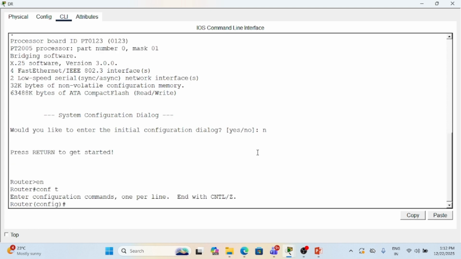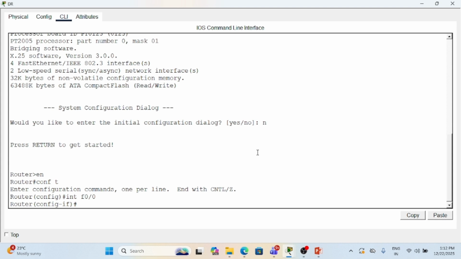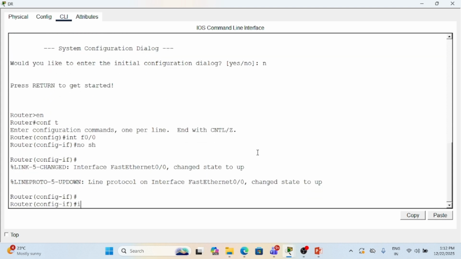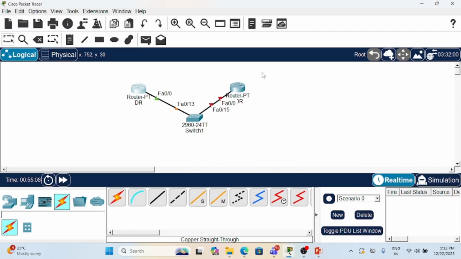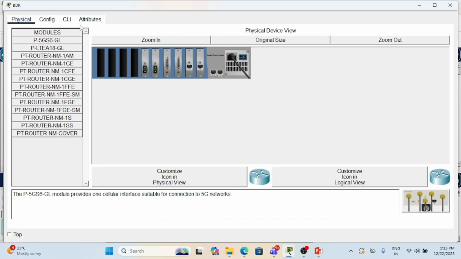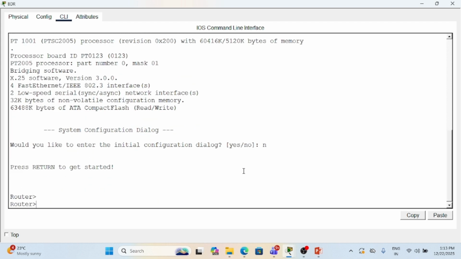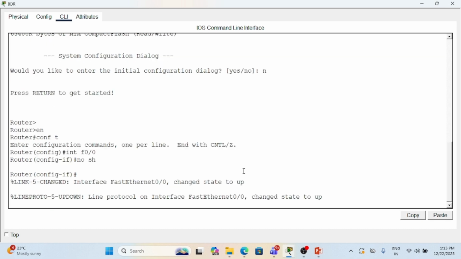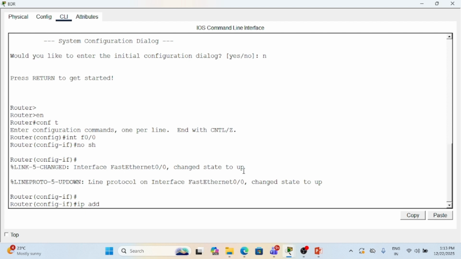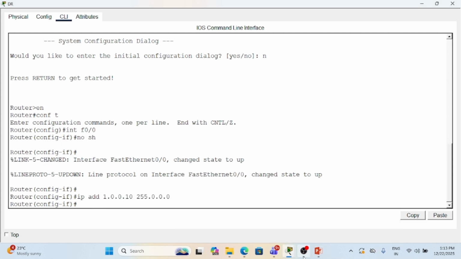First give the IP. Let's say interface 0/0, IP address, say 10.0.0.10, and in the other router, that is BDR, IP address, let's say 10.0.0.9,